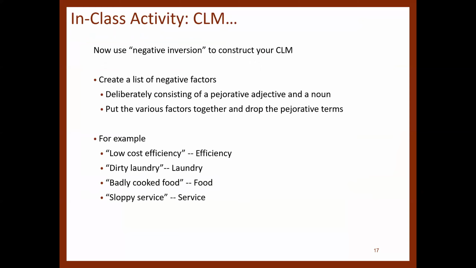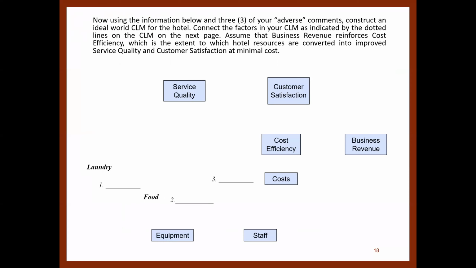Then put the various factors together and drop the pejorative term. So for example, low cost efficiency, you can just say efficiency. Dirty laundry, you can just say laundry. Badly cooked food and sloppy service, you can say just service. So you're going to use that list to build this